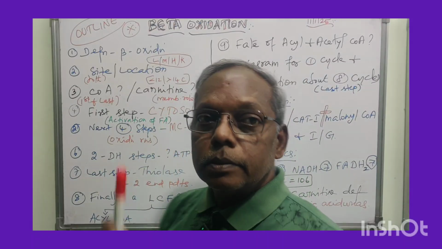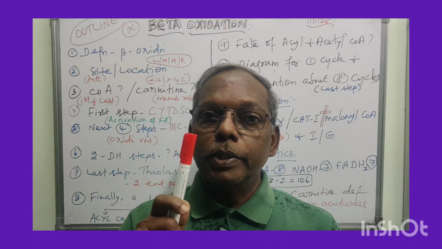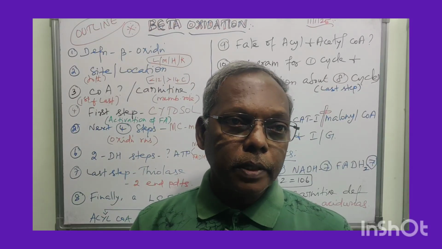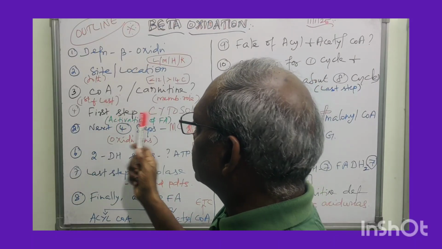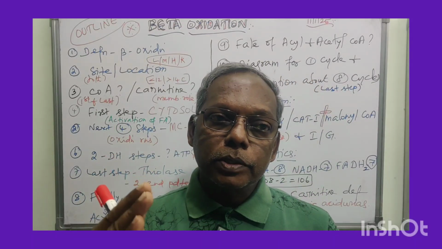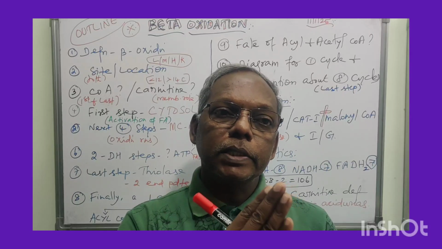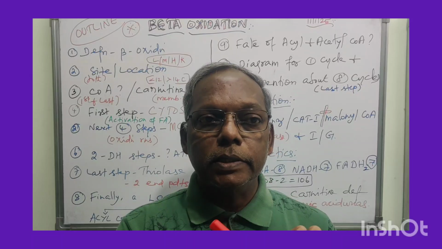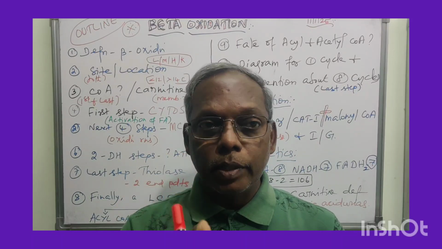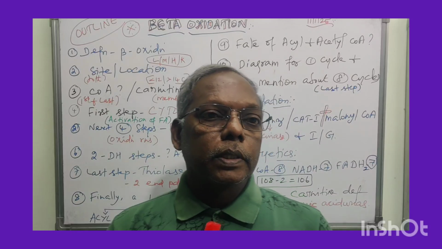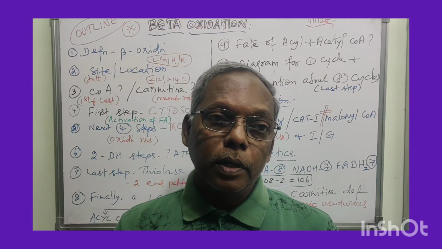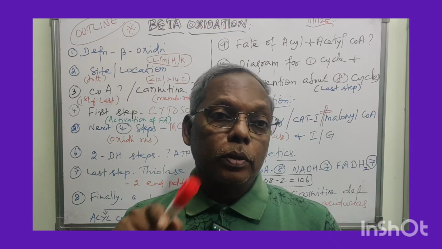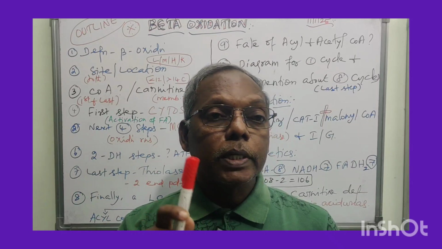Second, carnitine is for what? Transportation of fatty acid from the cytosol to the mitochondria in beta oxidation, right? Next, the first step takes place in the cytosol, that is conversion of fatty acid into acyl CoA. Very, very important point. Next four steps take place in the mitochondria. Through carnitine, the acyl CoA enters the mitochondria, where the further four oxidation reactions, exclusively oxidation reactions, take